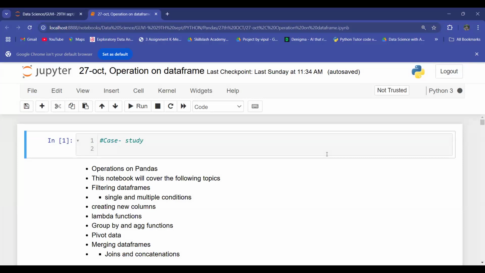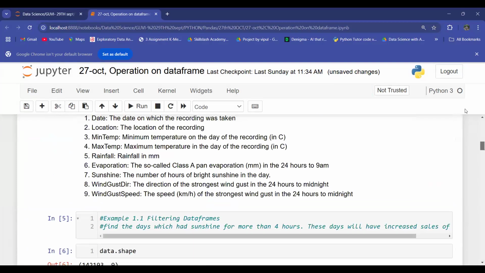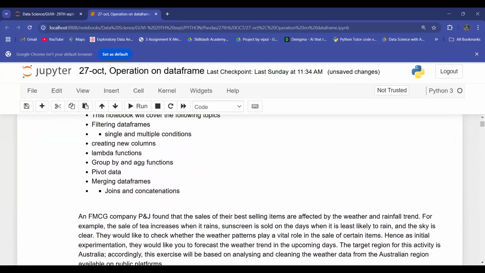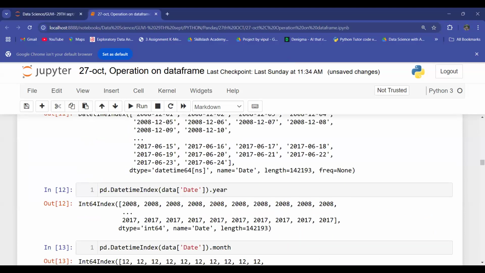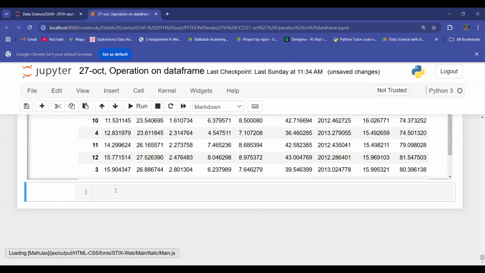All right, so I'll restart and run all this. And in this, we have seen group by and aggregate function, pivot table, merging data, joins and concatenation. This is remaining, right? So we'll start with that. So let us give heading as